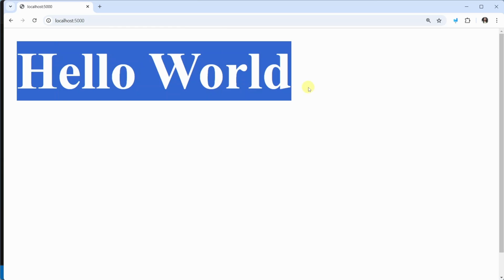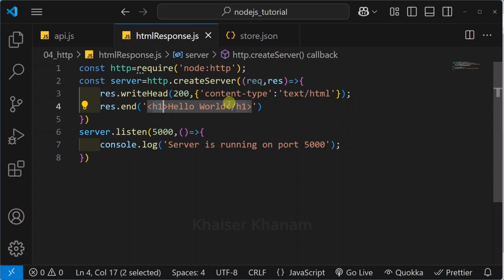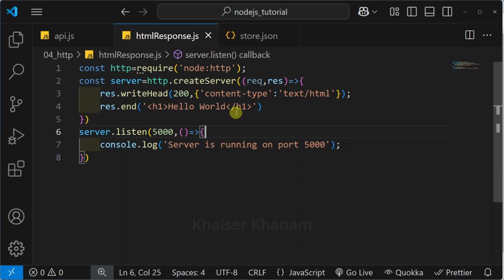Now as soon as I refresh, you can see I am successfully able to get hello world. Here we are using h1 tags, so that is the reason I am having a hello world heading. But usually when we are working with JavaScript directly inside a JS file, we are not going to send this HTML